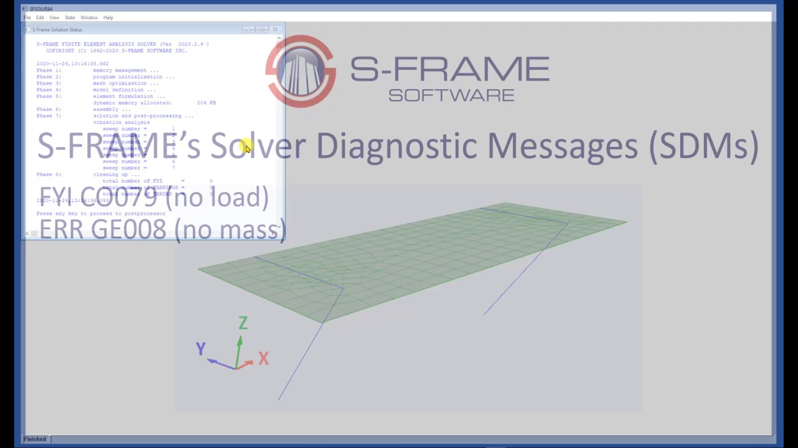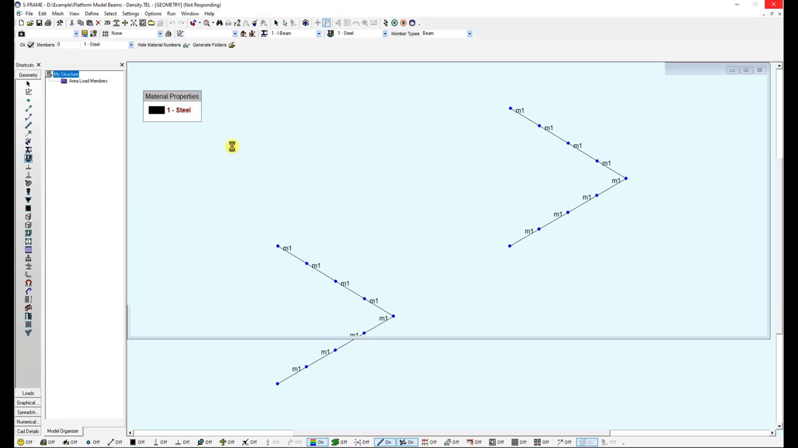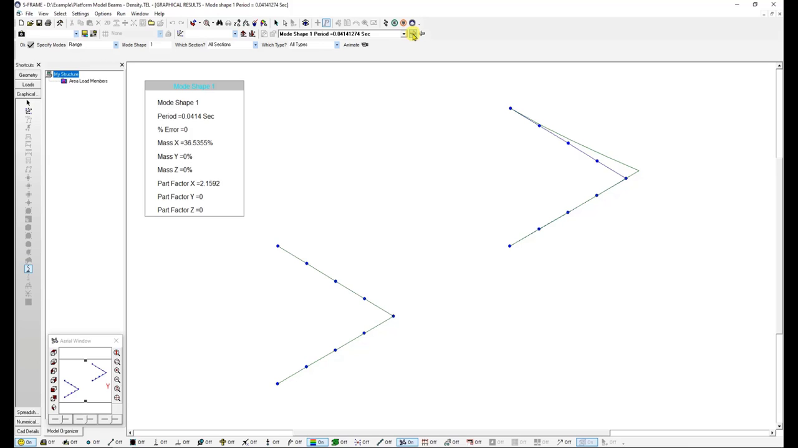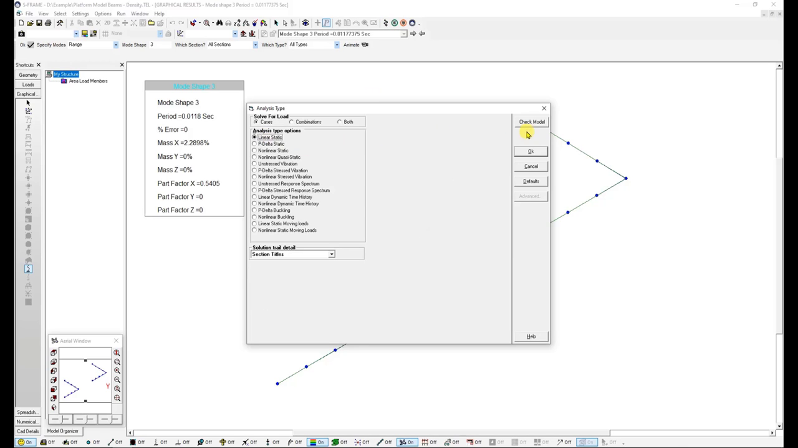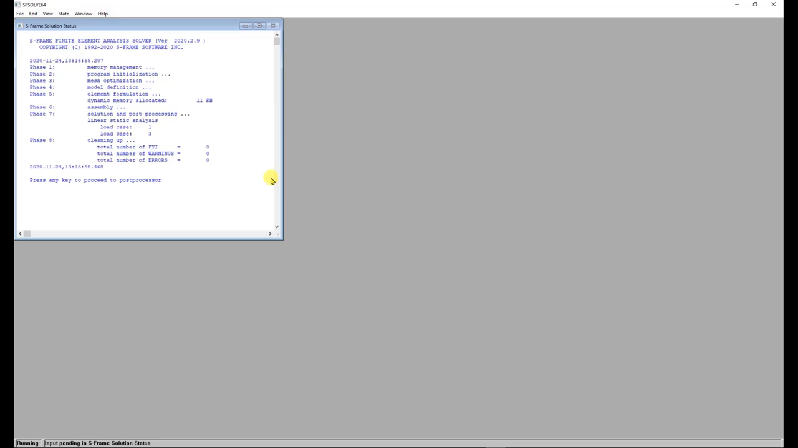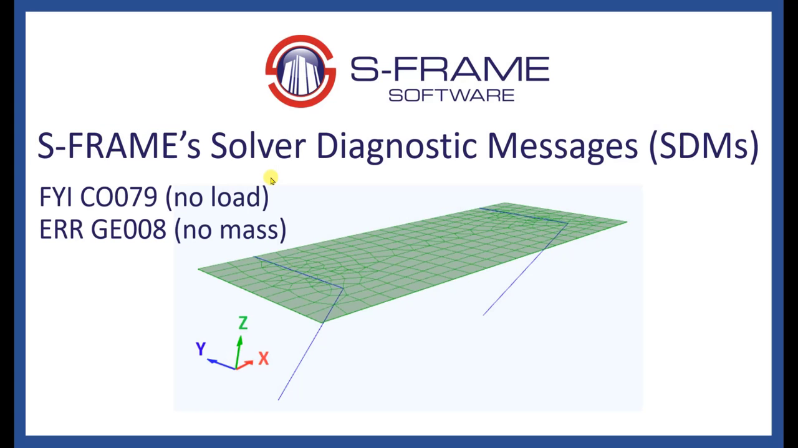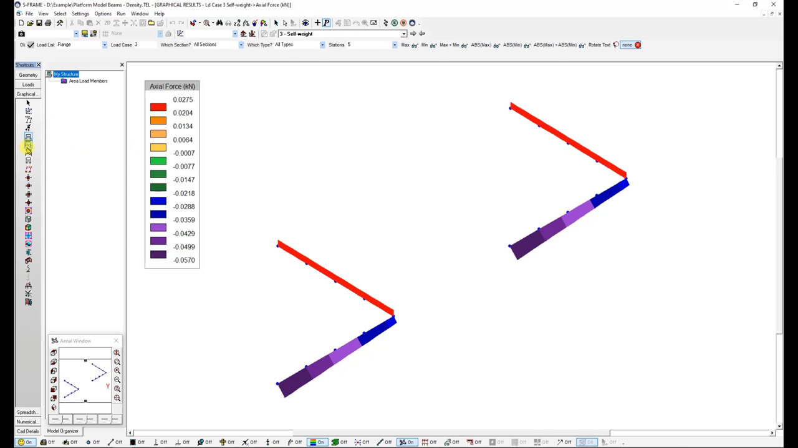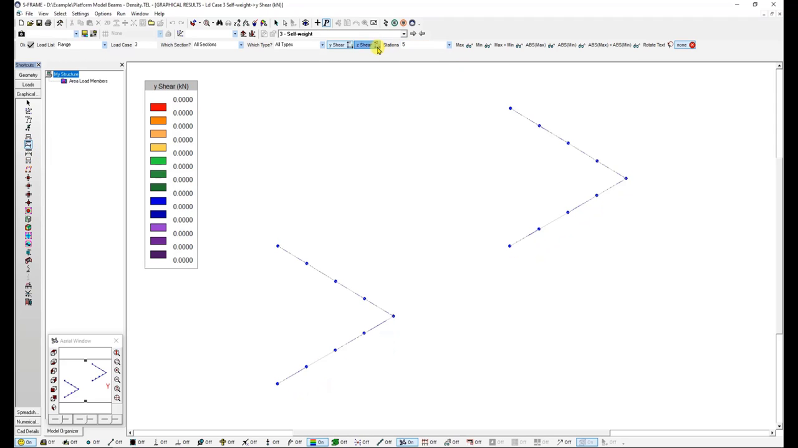and then if I run the unstressed vibration analysis once again and click OK, I'm getting a clean solution. And I can see the mode shapes for this structure. Now if I go to analyze and run a linear static analysis, it also comes with a clean solution. And I'm able to access the results, such as deflection for the self-weight load case, axial, shear,